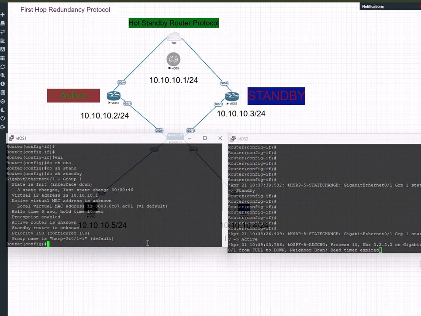Unless we try to modify the priority, and then we will be able to see that this is now a standby router. But for now the status is unknown because the interface is actually down. The interface is down, so the status is actually unknown. Okay, let's see what's gonna happen